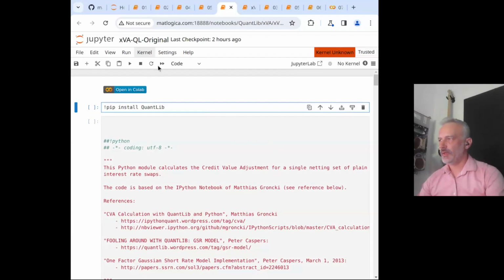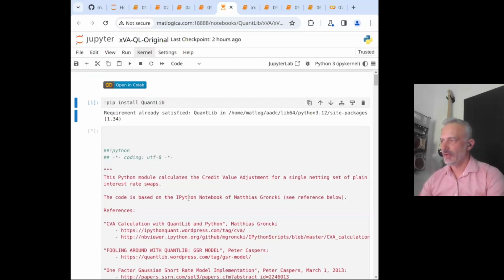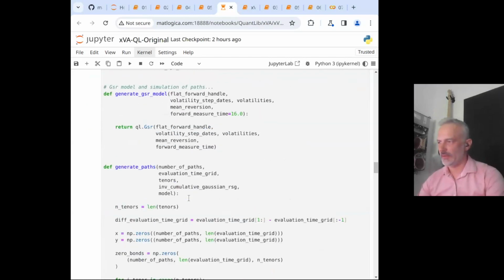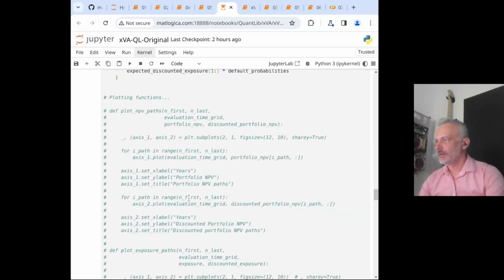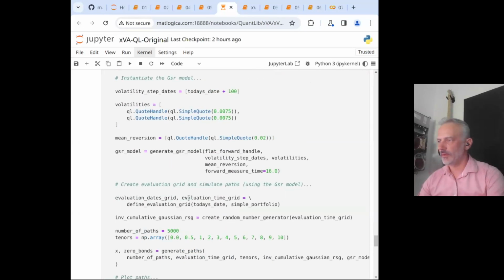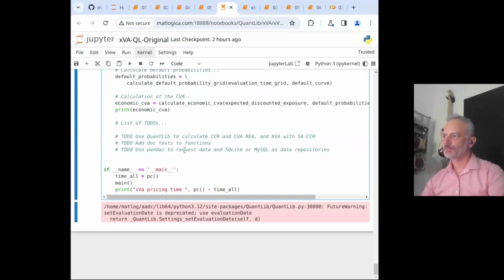So what I'm going to do now is run this example and let it run, because what it does, and you can follow this example, again, it's in the same repository. I'm going to skip through here, and I find that it's going to use 5,000 simulations to calculate CVA and DVA numbers in this case.